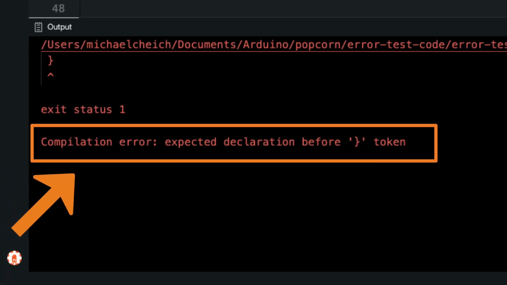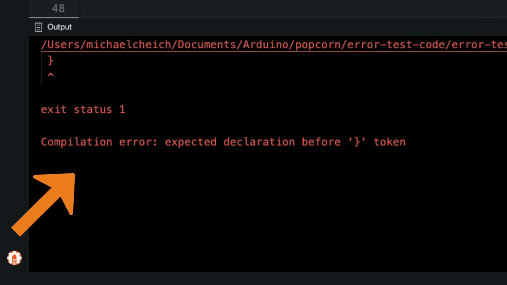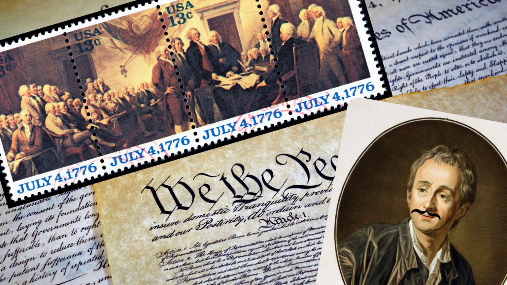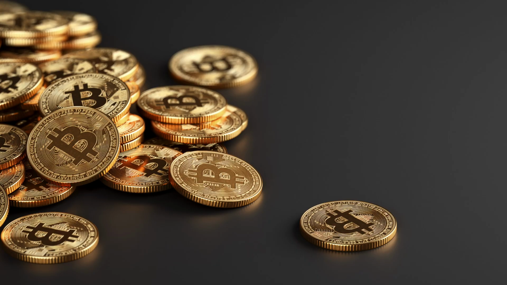Compilation error, expected declaration before curly brace token. Like, what? Declaration of Independence or tokens? Do I got to put in tokens to use Arduino? I don't get this. Listen, if you're scratching your head trying to understand what the heck this error message means